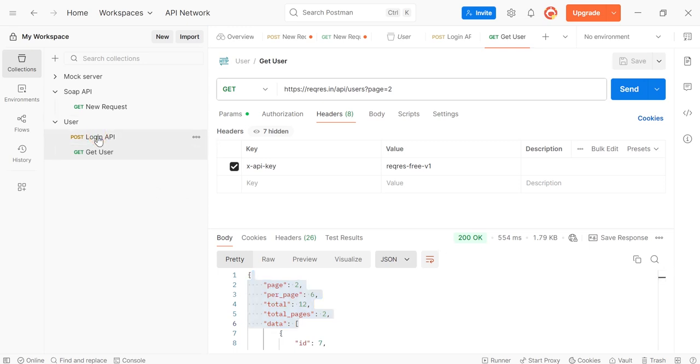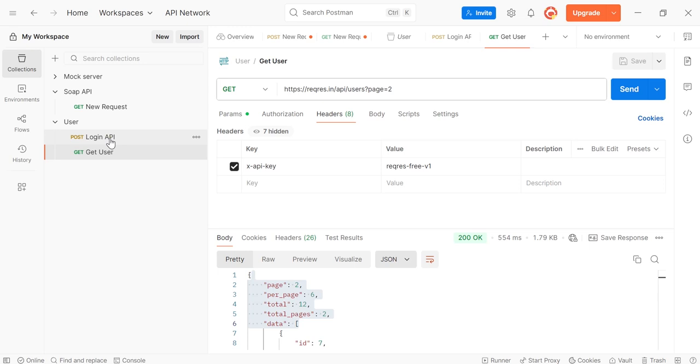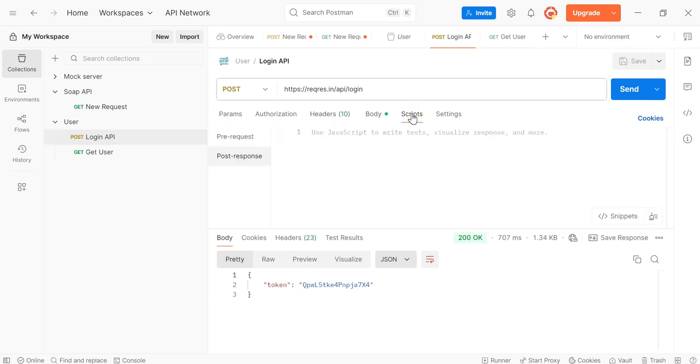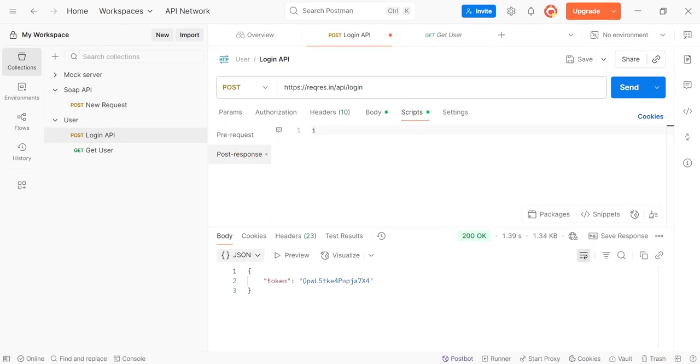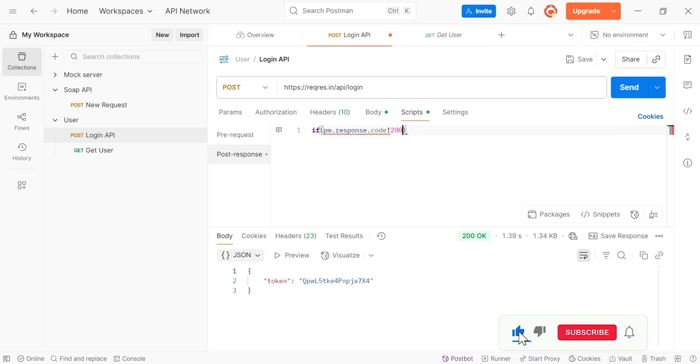Now, the scenario here is we need to execute this get user request only if the login is successful. So here we will add a script. Click on Scripts and click on Post-response. If pm.response.code not equal to 200,